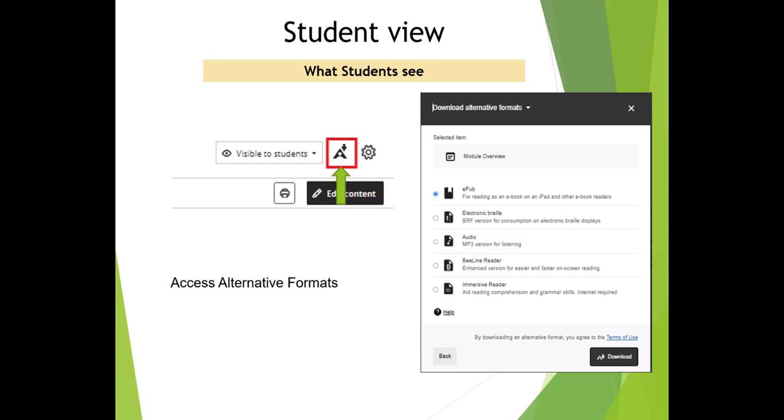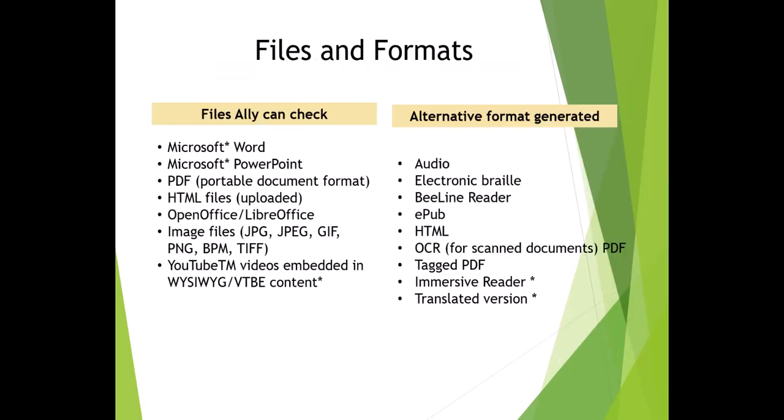This icon is a clickable icon that will open the download alternative page so students can select a file. Now these are the different types of files that Ally can check, and these are the types of alternative format files that Ally generates. As you can see, Ally can check Word documents, PowerPoints, PDF, HTML files, images, and YouTube videos that are embedded in Blackboard documents. Alternative files that Ally generates are audio, electronic braille, HTML, and tagged PDF files, as well as